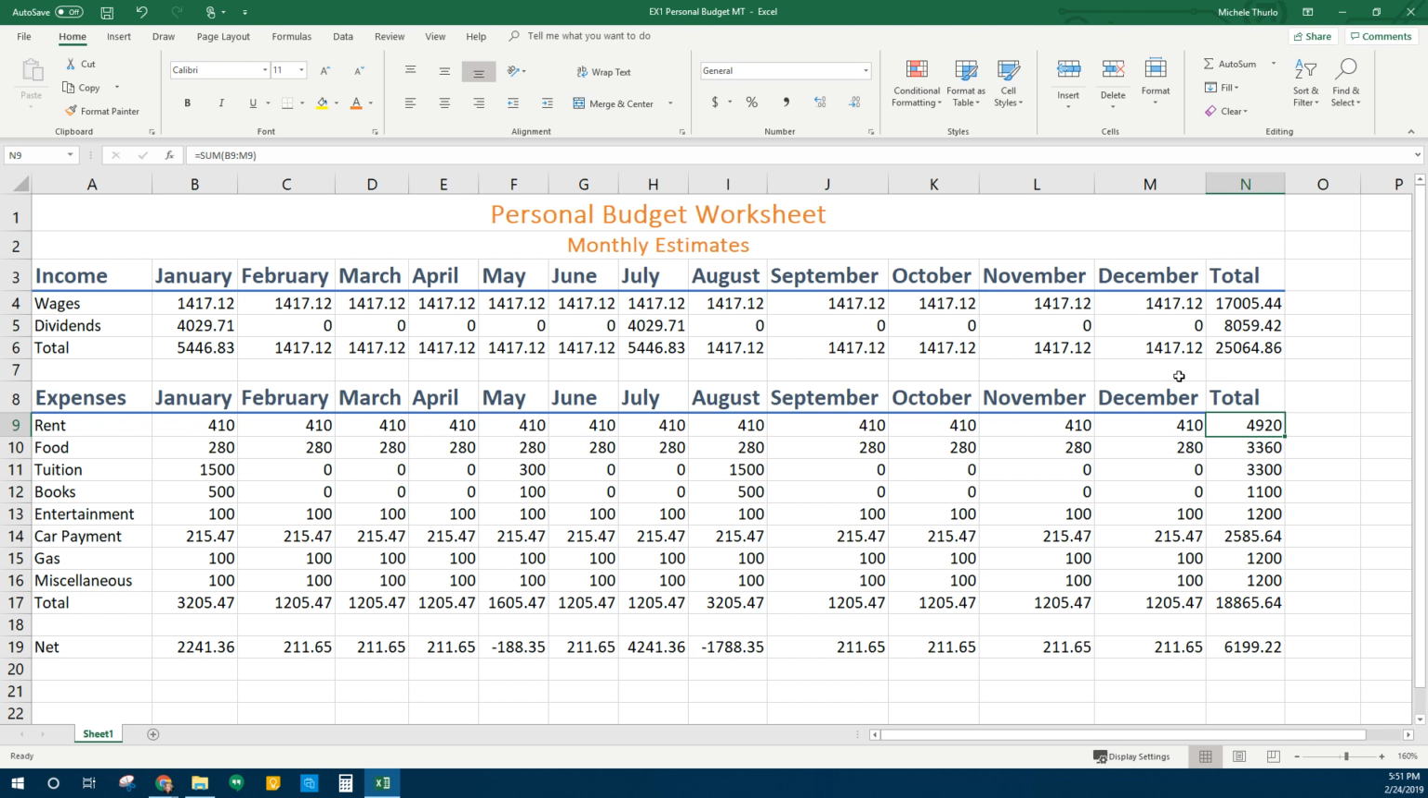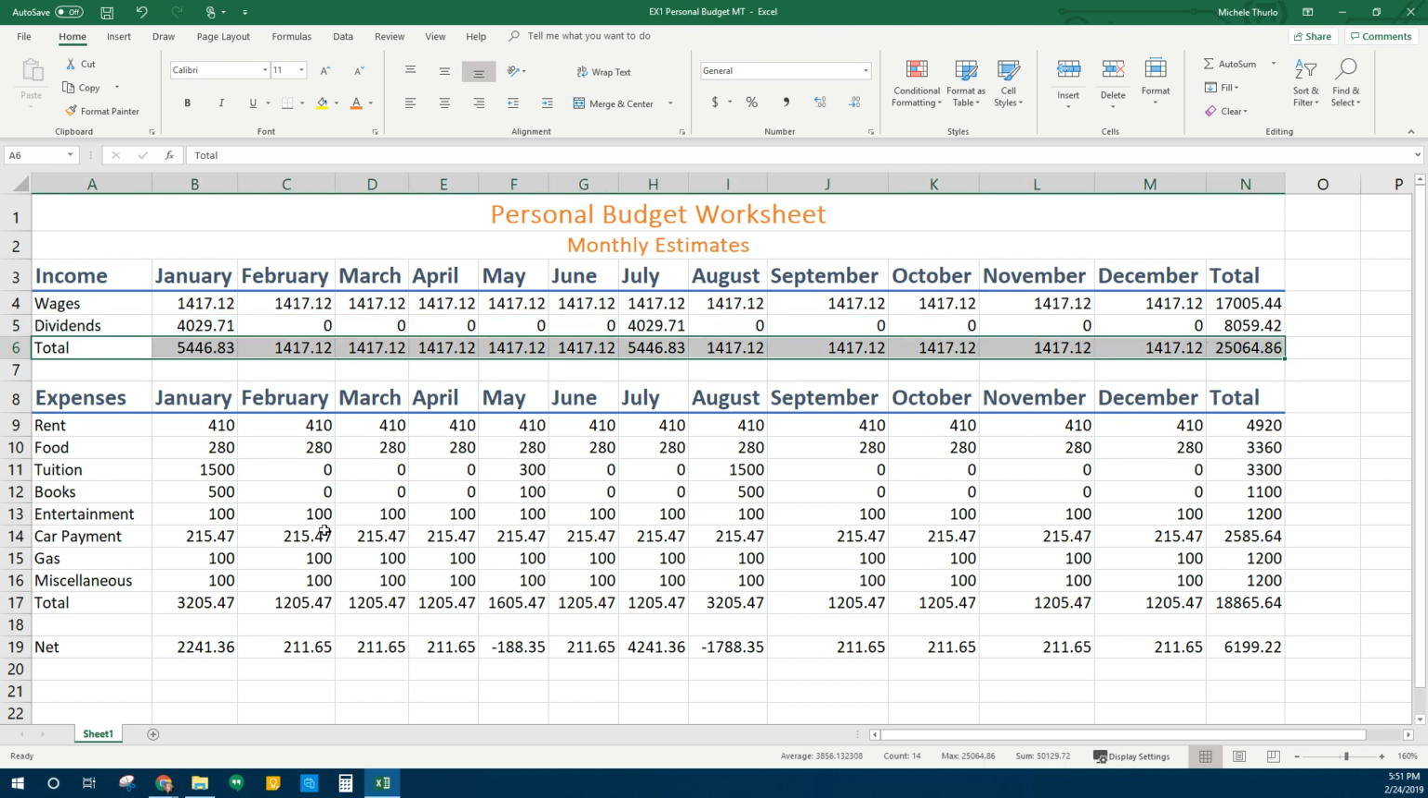Okay, so next, we are ready to come down here. Oh, let me see where I am in the book. That way I don't miss anything. Okay, so here you can see we want to format our total row a little bit different. So I'm going to select A6 through N6. And I also want to go ahead and select